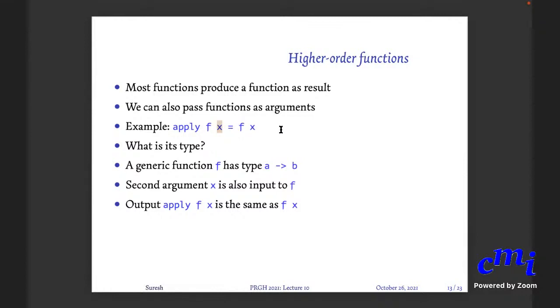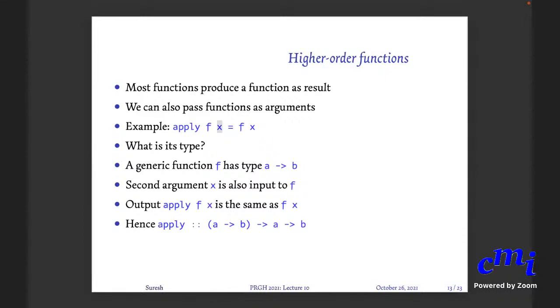So therefore, the result will be the result type of f. So ultimately, the type is a arrow b, which is the type of f, arrow a, which is the second argument, which also matches the input type of f, and you produce an output which is the same as the output type of f, because you are applying f to x. So a arrow b arrow a arrow b. That's all it does.